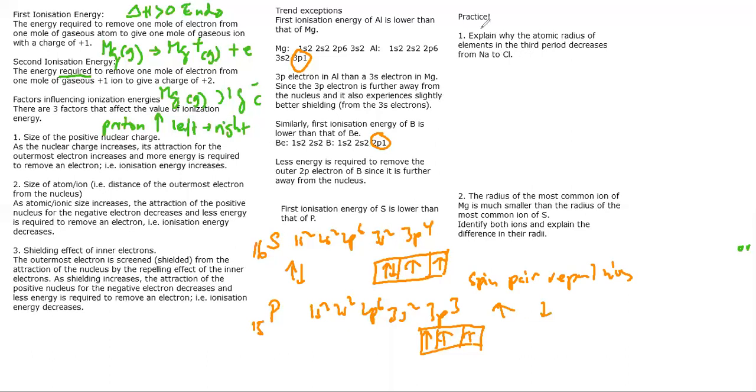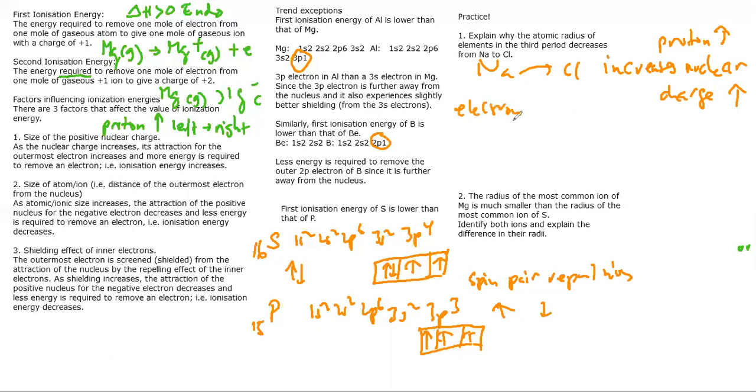Okay, so let's practice our understanding. Why does the atomic radius of elements in the third period decrease from sodium to chlorine? From sodium to chlorine, what we can see in the periodic table is an increase in nuclear charge. When the nuclear charge, or the number of protons, increases, it means that electrons